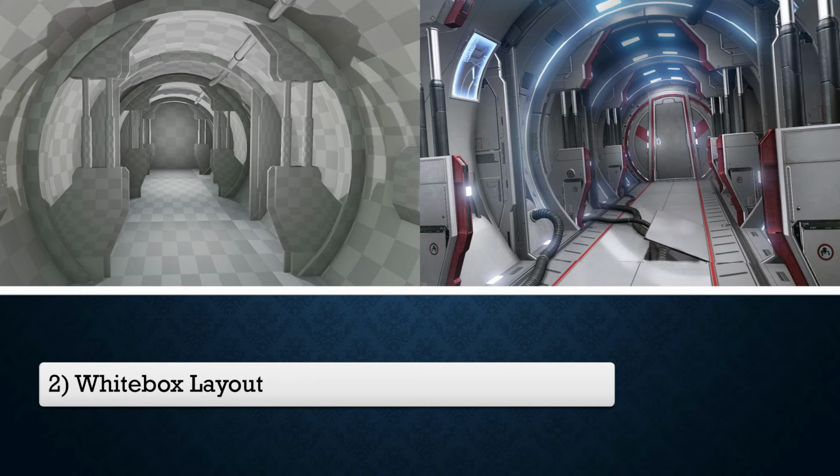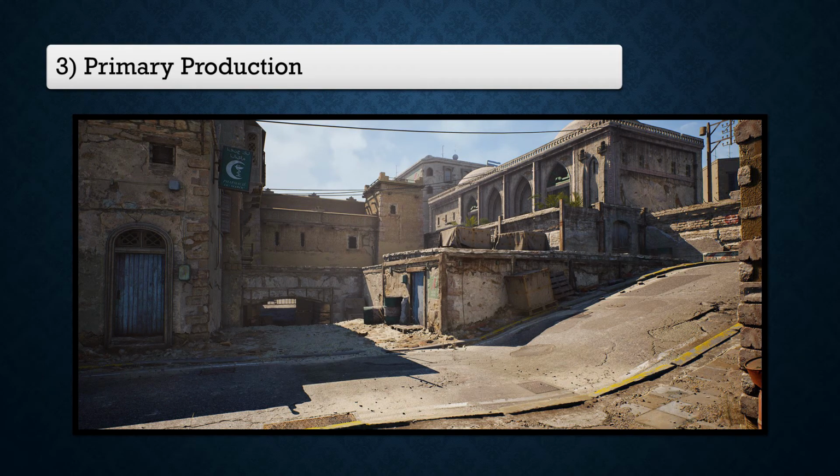Animators will use this environment to ensure that all scales for animated interactions match up, such as mantling over low walls or windows. A studio with an in-house testing team would also see this white box getting a lot of play. With the white box phase completed and approved by the art lead, all of the primary assets will move into production. Students will work to develop optimal mesh with strong silhouettes, UVing each asset for physically based rendering material creation, ideally within the Substance suite.